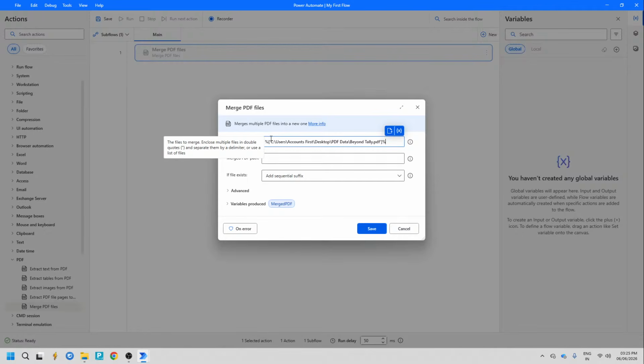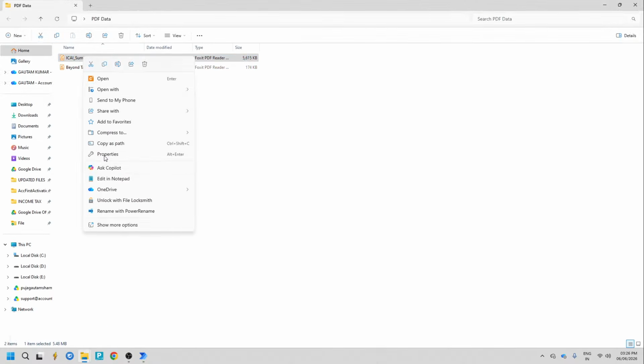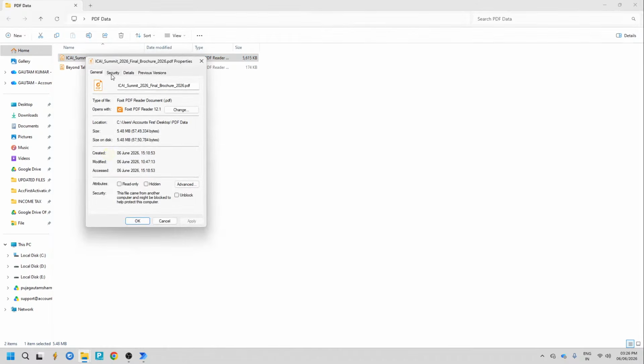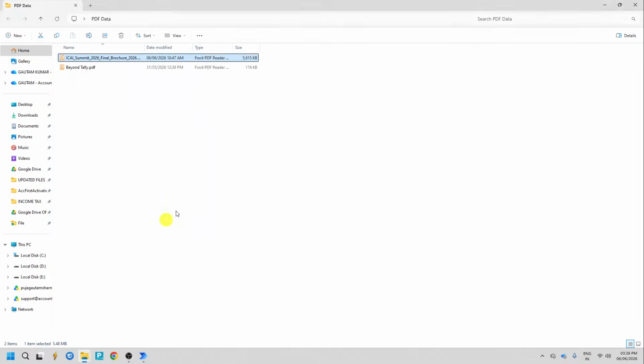All right, now this is the first PDF path. I want to merge multiple PDF files and make it a single PDF file. So how to do that? For that I have to select another PDF here, and now again I am going to the second PDF, going to the properties, going to the security, taking the complete object name, making a right click and selecting this copy button,